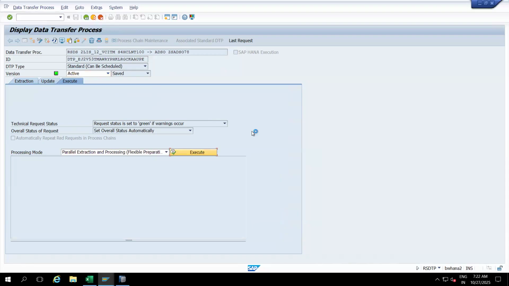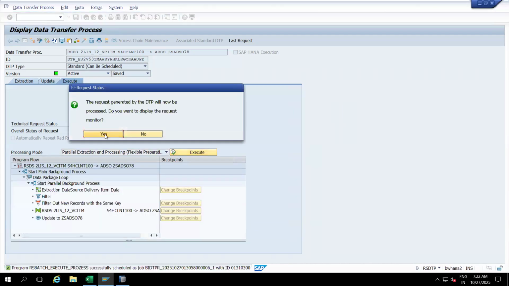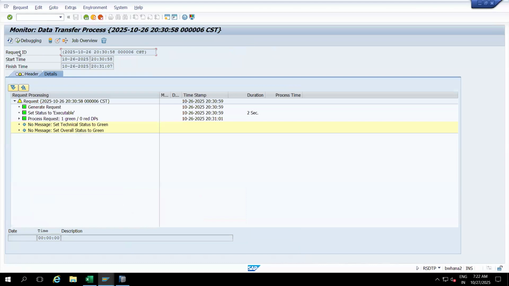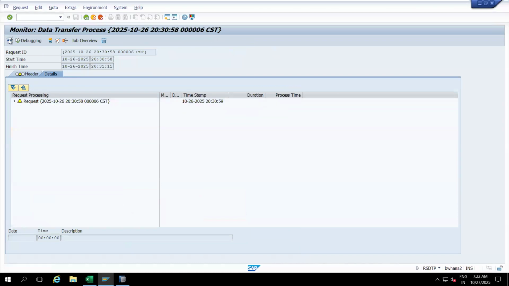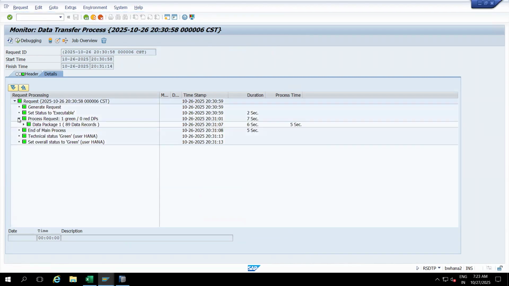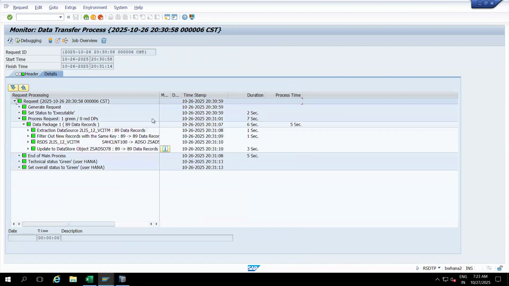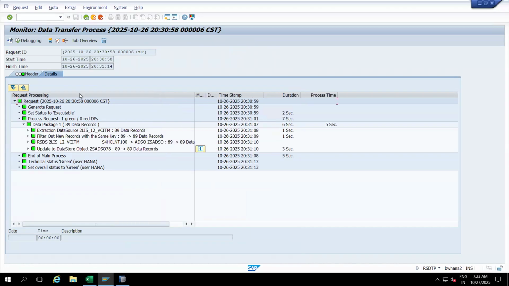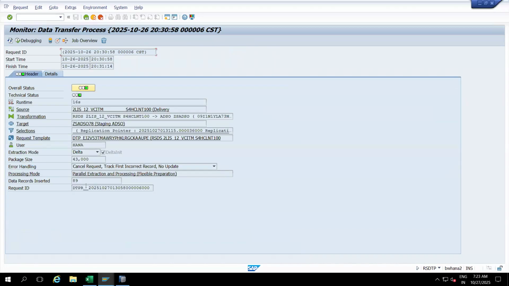Once you execute, refresh it. Now you can see here how many records came. 89 records came. You can see here also how many records came. 89 records inserted. So here you can see clearly the replication pointer means it will be coming from